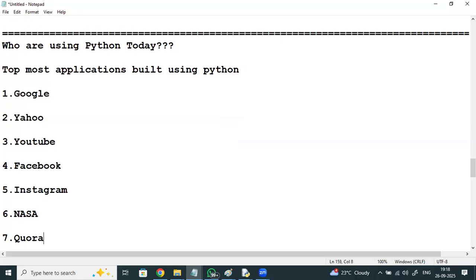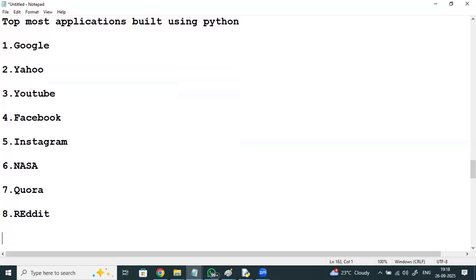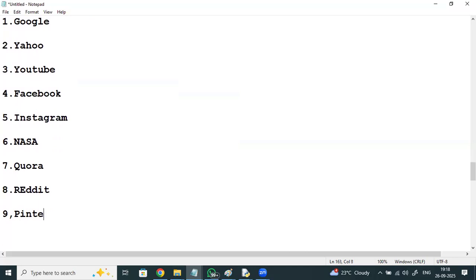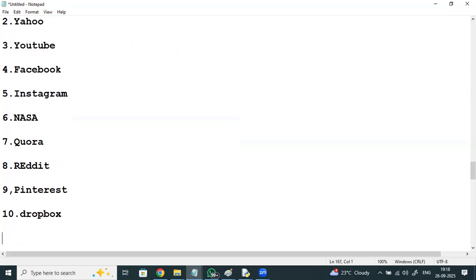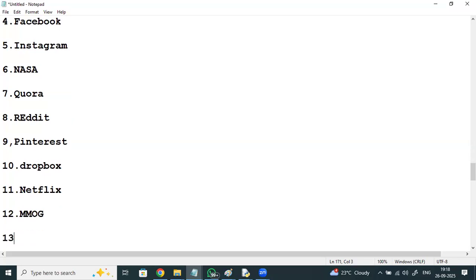Some other applications like Quora, if you have heard about Quora, Reddit, Pinterest, Dropbox, Netflix. Netflix is using Python for security automation and subscription related things. MMOG, massively multiplayer online games.